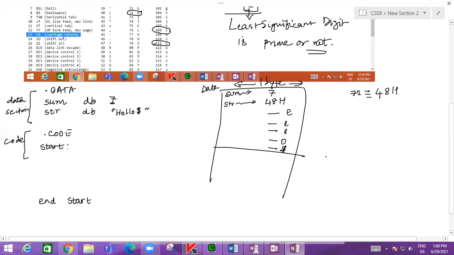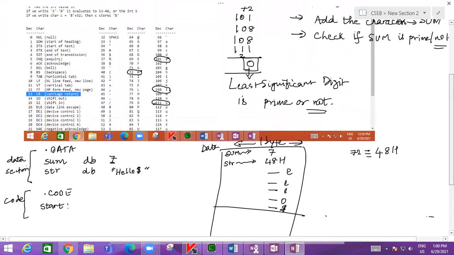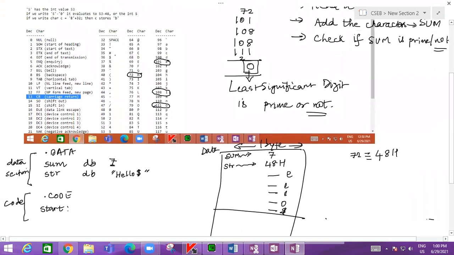Now you can see that the dollar symbol is 36. Okay, so 36 means 16 twos are 32 plus 4, 36. So 24H will be here, 24H.